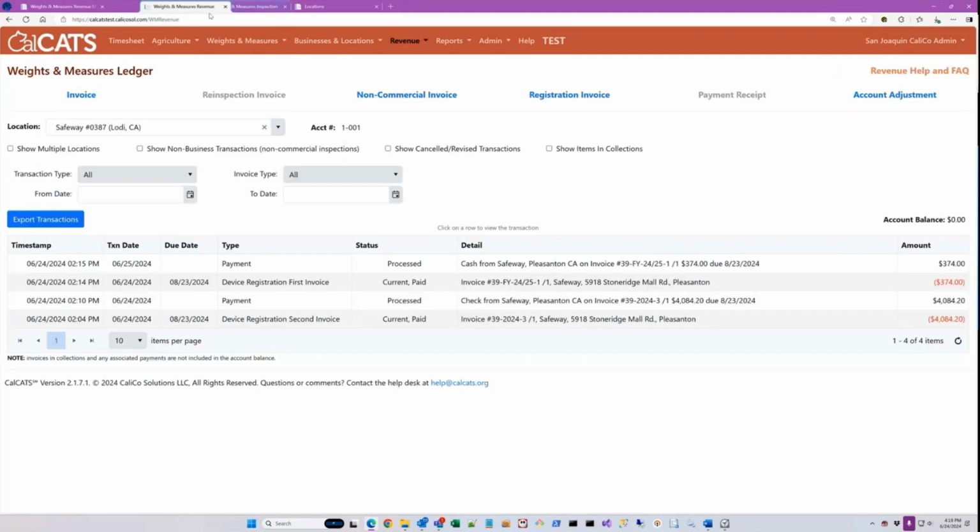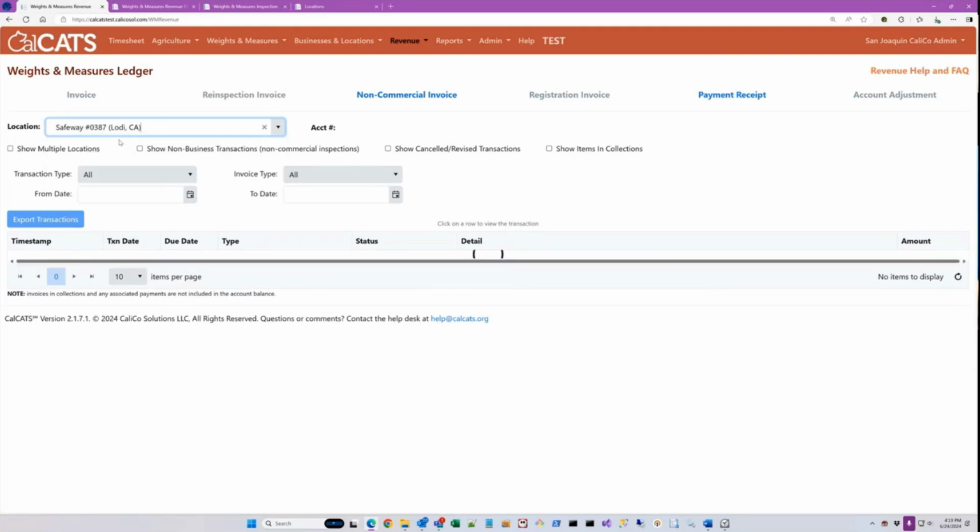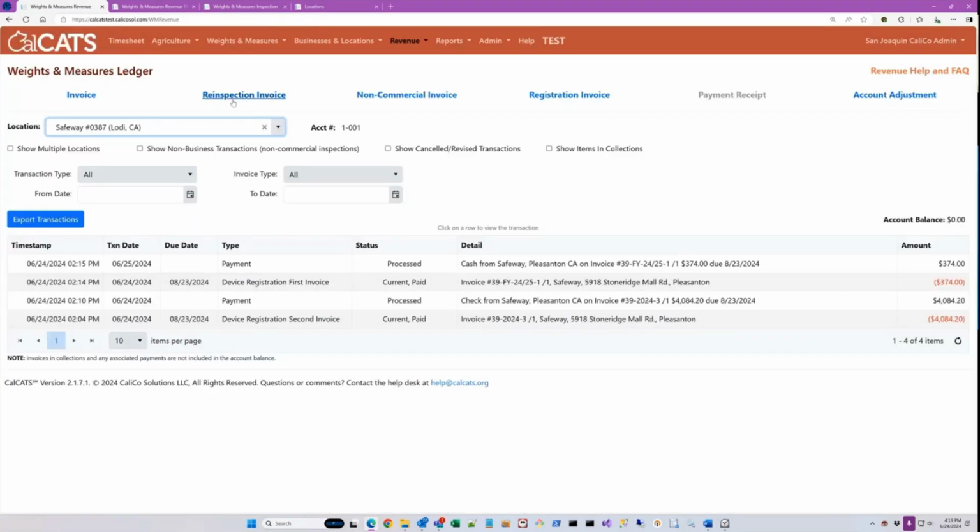So I go back to our Safeway register, and now I'll see that the reinspection invoice button is enabled. What that means is there's a place and service call inspection that was done by an inspector that was flagged to be invoiced. Now, don't worry, you don't have to go searching through all of your locations every day to see who needs a reinspection invoice. There's a report that tells you all of the reinspection eligible or invoice eligible inspections that have not been